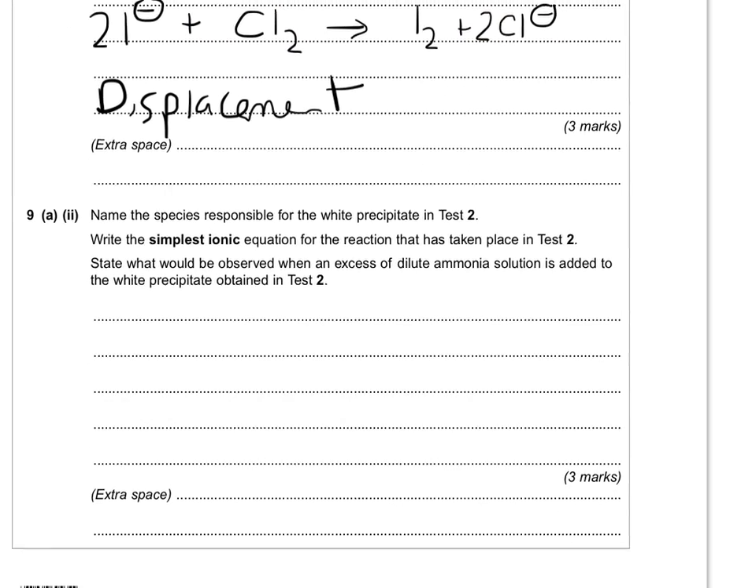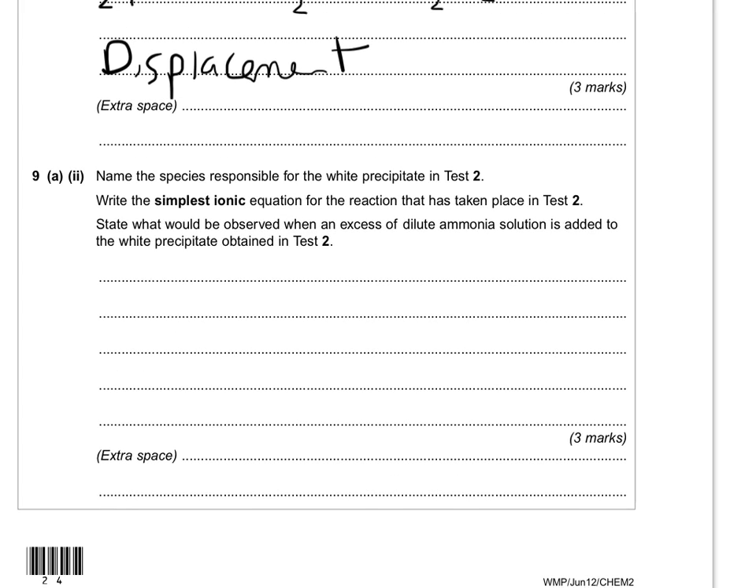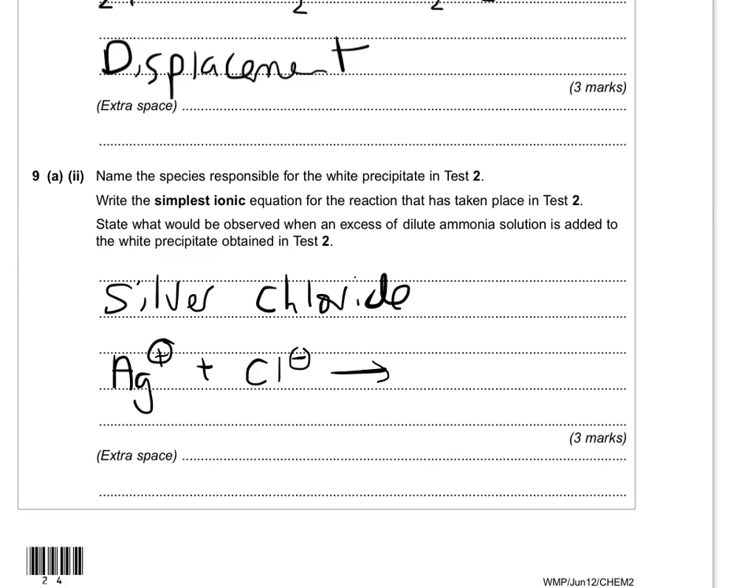And then name the species responsible for the white precipitate in test 2. Again, a lot of you are saying that it was chlorine that was responsible. It's not. The white precipitate is silver chloride, and it asks you to name it, so it wasn't good enough just to write the formula. Write the simplest ionic equation, that's the silver, Ag+, adding to the chloride, Cl-, to make your AgCl, and then